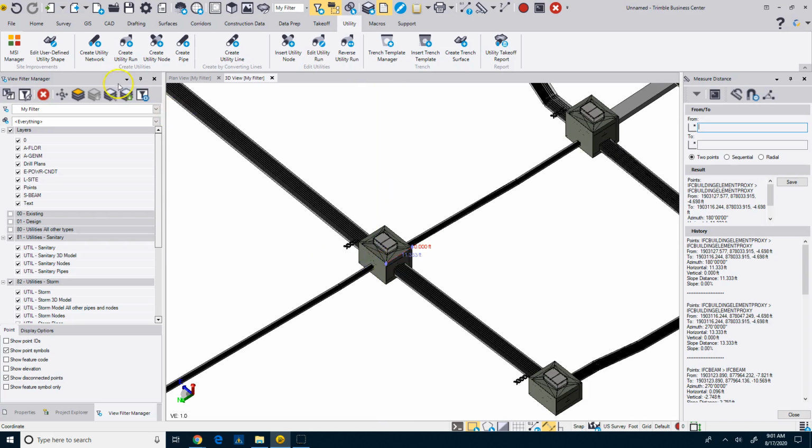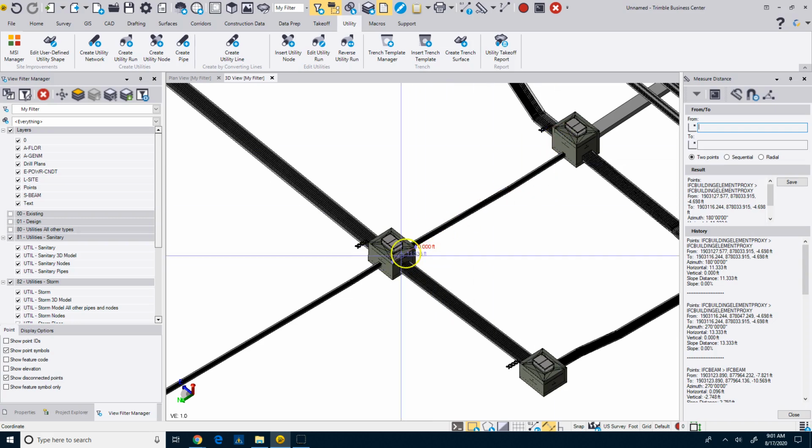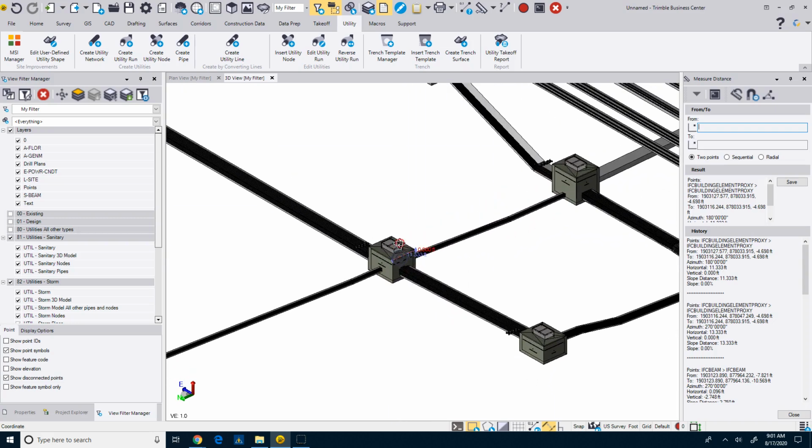So now that I have a vault and a couple pipes, the next step would be to start creating our networks, dropping in our utility run, converting these objects into utilities. Because these aren't real inverts and gravity-based structures, we have to do this a little bit different than was shown in the previous videos. If you watch those on creating a utility, storm system, or gravity-based system, this is going